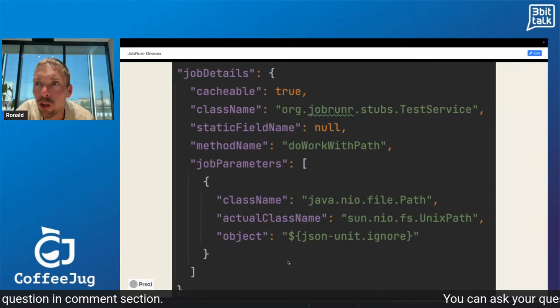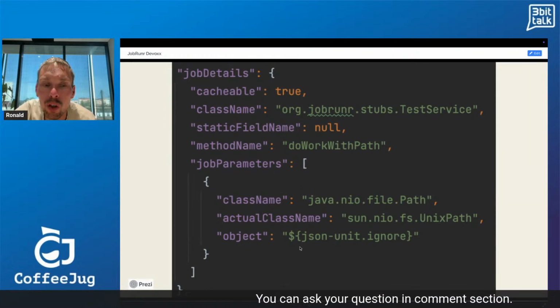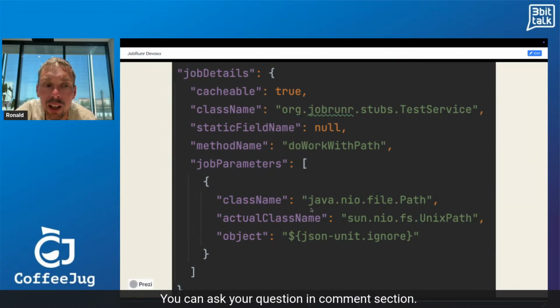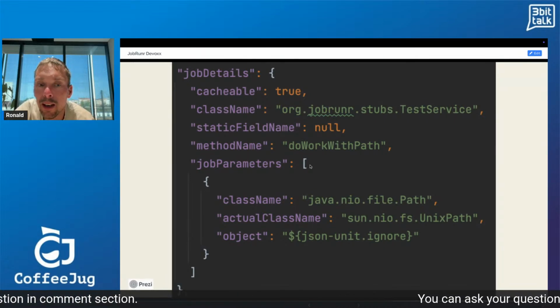And another tip I want to give is try to not pass a complete root entity or something as a job parameter. No, pass the UUID or the ID of your entity. Why?